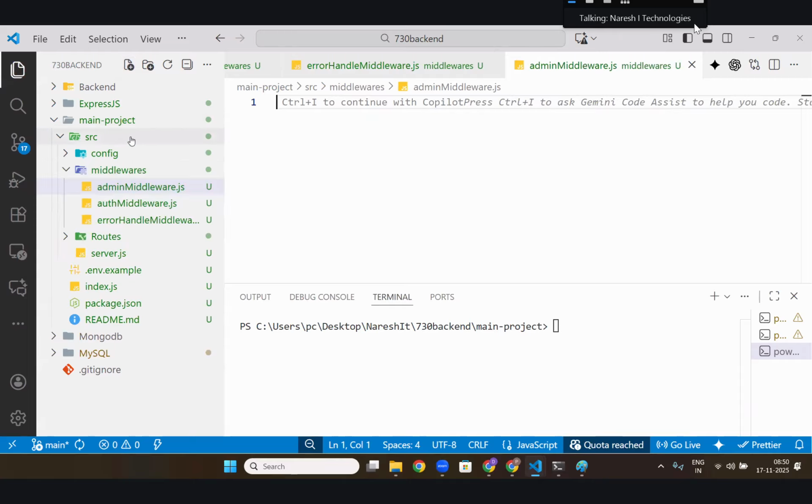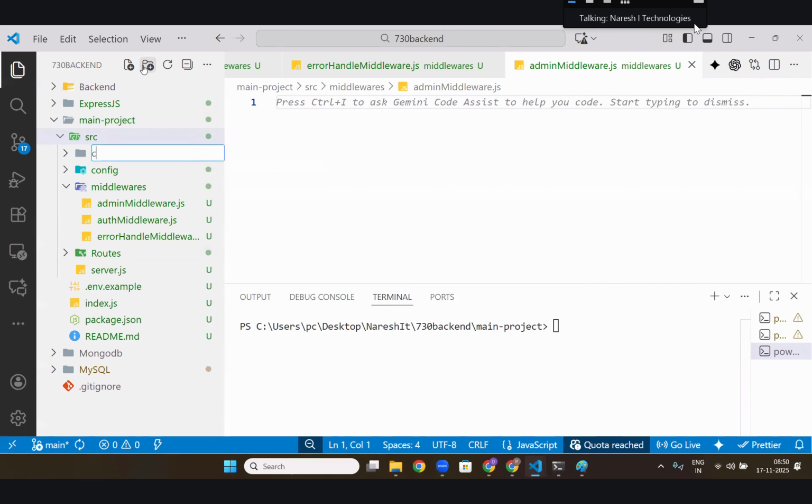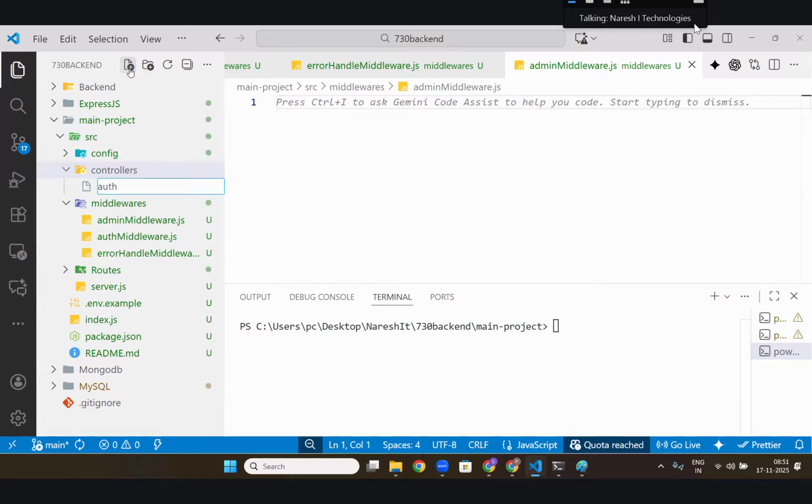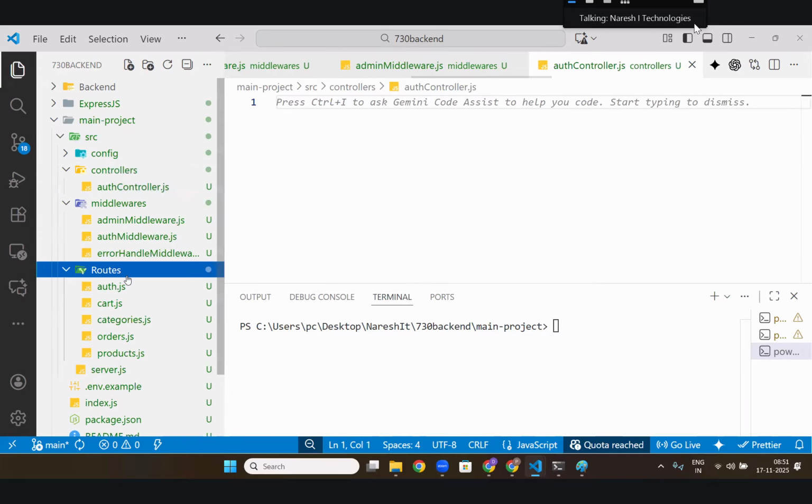Then next, from middlewares, it will go to the controllers. In controllers, what controllers are there? Auth controller, because for every route you will have a controller, sir.